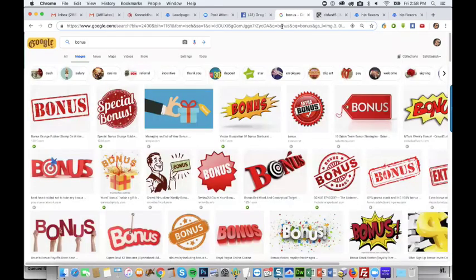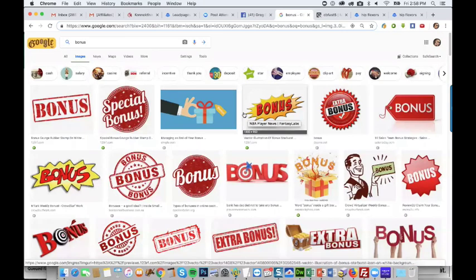As far as images, I have some cool places to find more unique images. But for now, since I'm trying to keep it simple, we'll go ahead and use Google Images. Even if you use other ways to find images, mostly all images are indexed by Google Images anyway. But we'll start there. So what kind of image do we want? Let's keep in mind what our page looks like here.